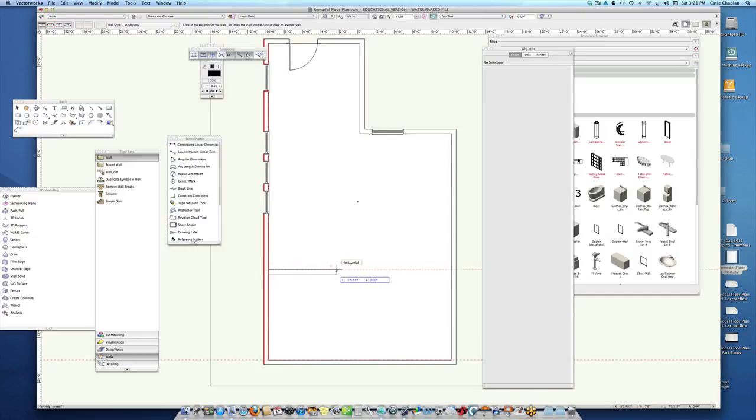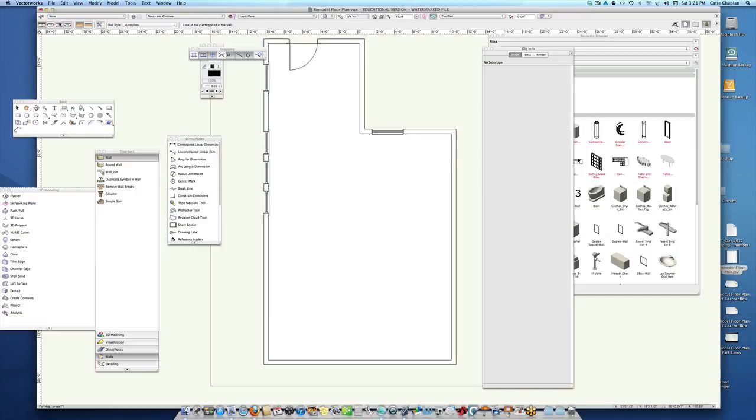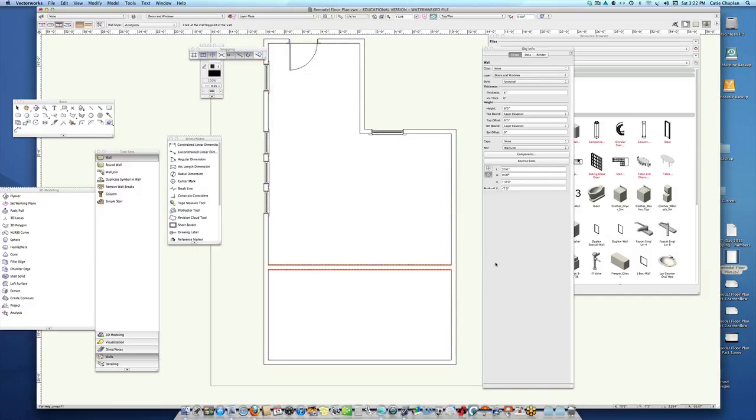Oh, but look, I chose the wrong wall style. Let me do that again. I wanted this one. I forgot to reset that. So remember, you can draw walls based on the inside line, the outside line, or the center point. There we go. There's my Smart Edge. I come up. There we go, because I want to have that 10-foot open space